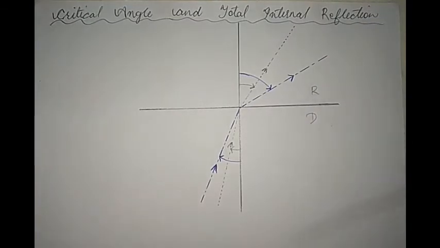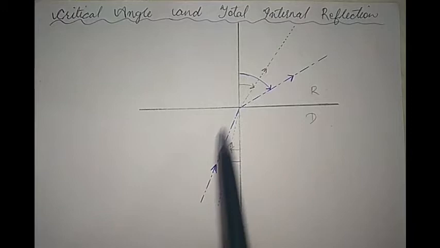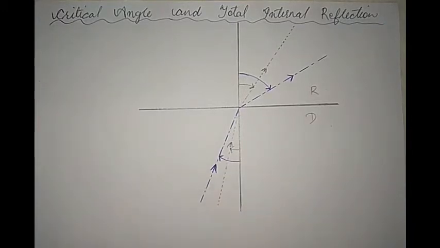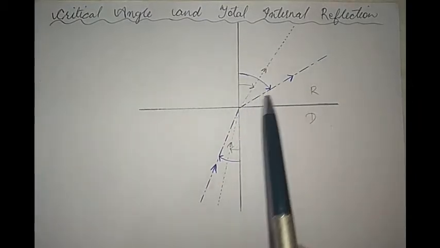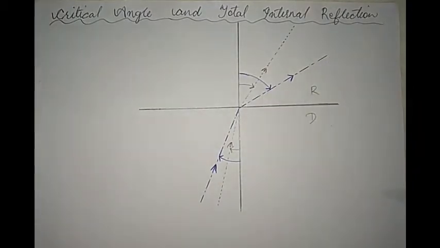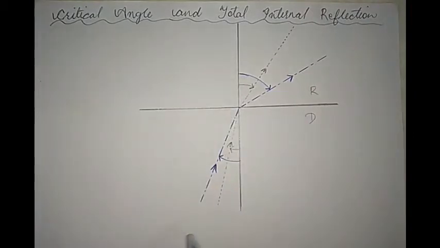medium, of course. Then what we do is we increase the angle of incidence. So the new incident ray is represented by this blue line. You can see that as the angle of incidence increases, the angle of refraction also increases. And this is very much true. If you go on increasing the angle of incidence, you will see that the angle of refraction also goes on